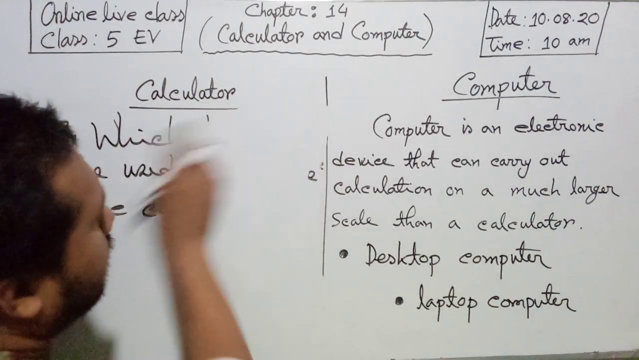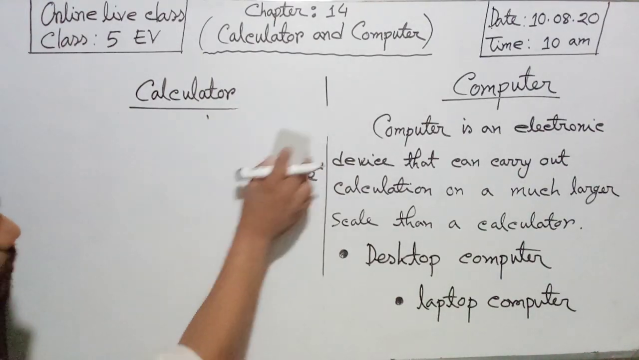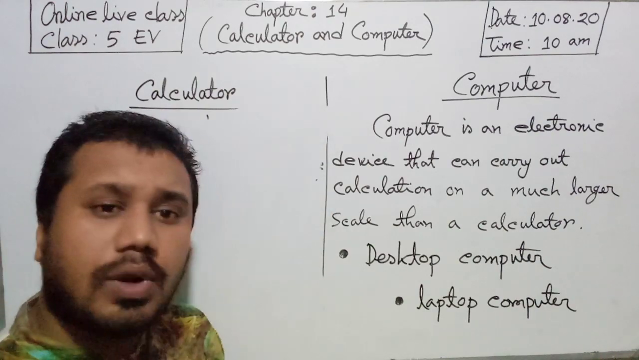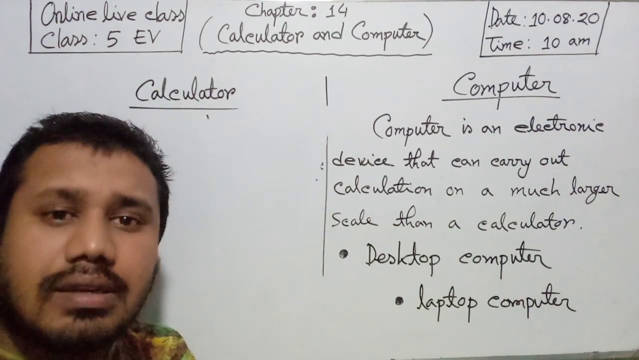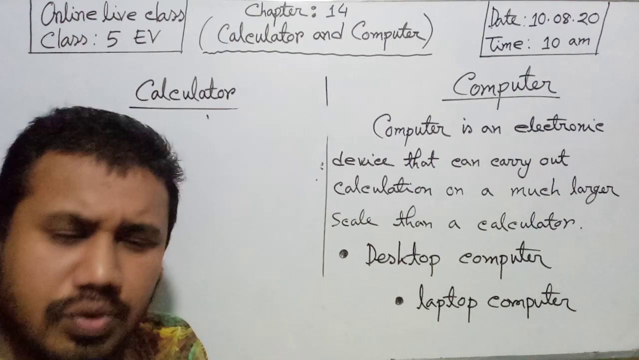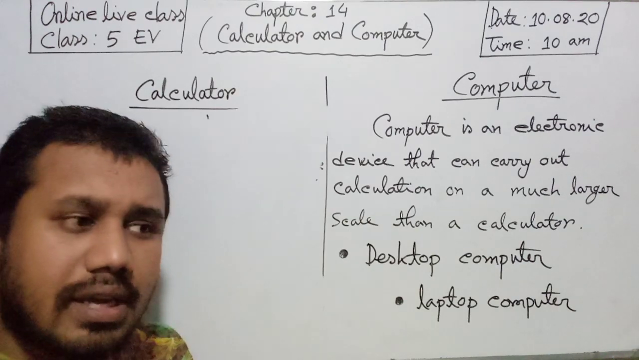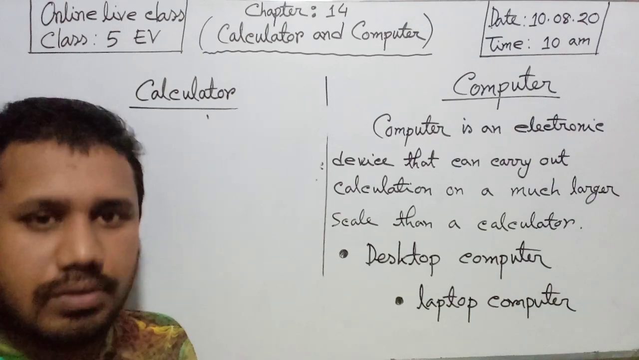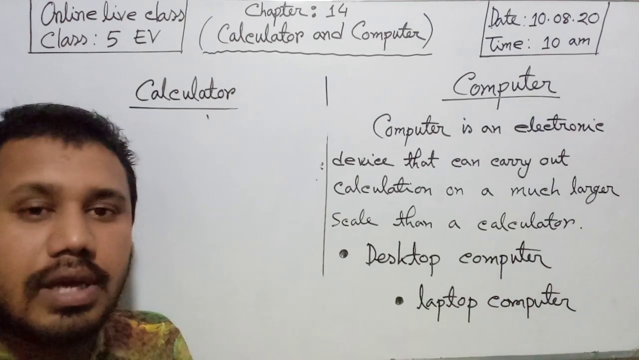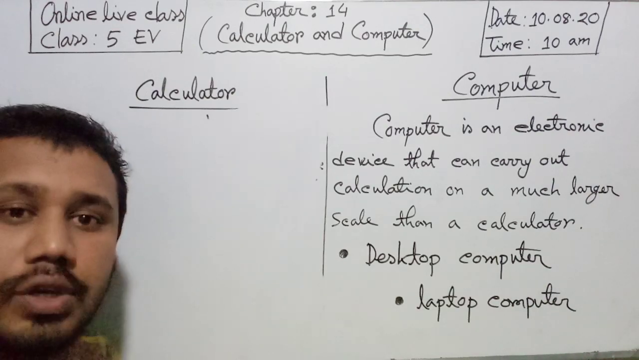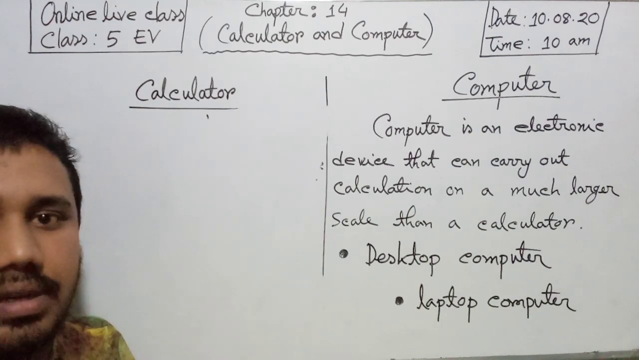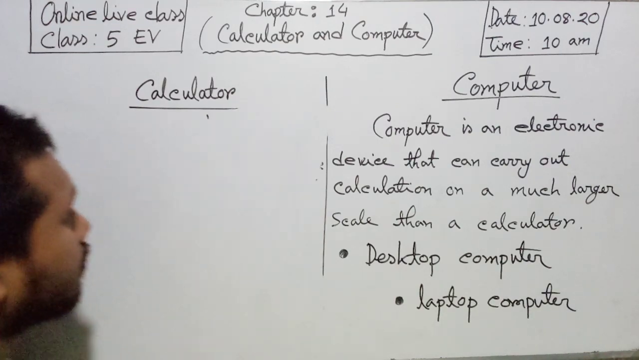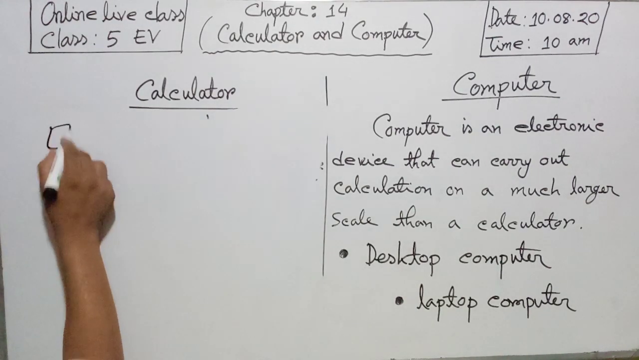Now another question. If the question asks how many buttons there are in a simple calculator, you can say the answer is 24, 25, 26. It can be different. But you can take 24 buttons as the answer. In a simple calculator you can find more than 24 buttons, but you can answer 24. Now another one,